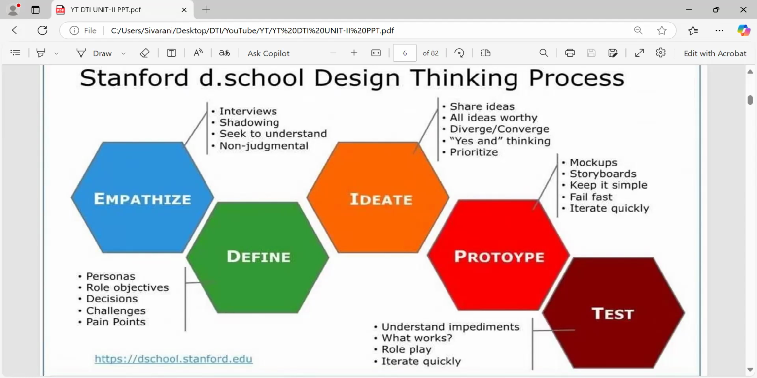The next phase is define. In define, you have to identify the problem. In the empathize phase, you found the users' pain points or users' problems. So you have to define that problem. How to define it: using personas, role, objectives, decisions, challenges, pain points. Based on that, you have to define the problem. Next,